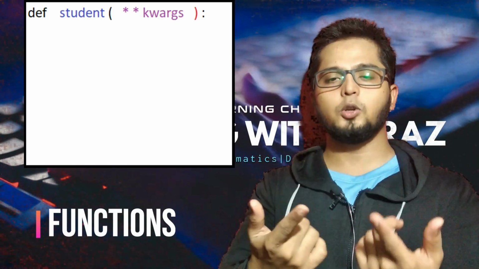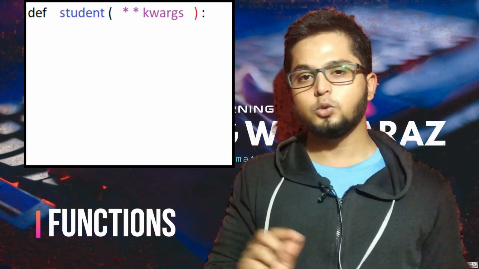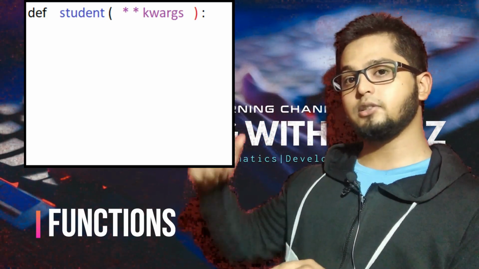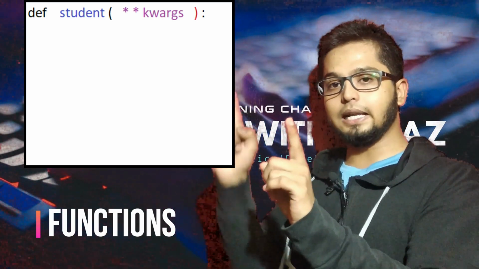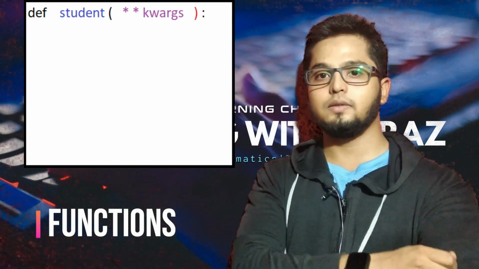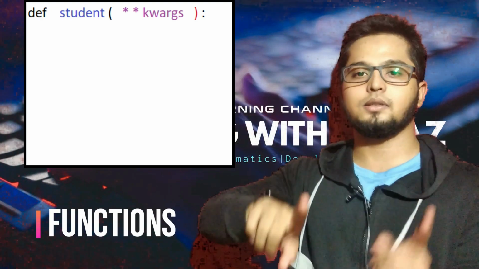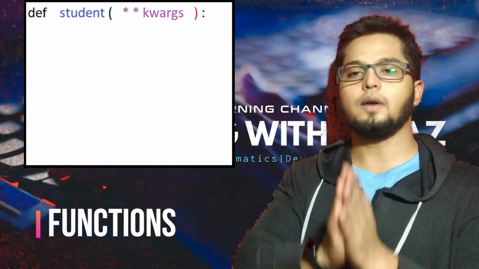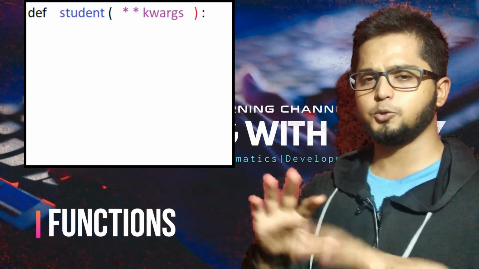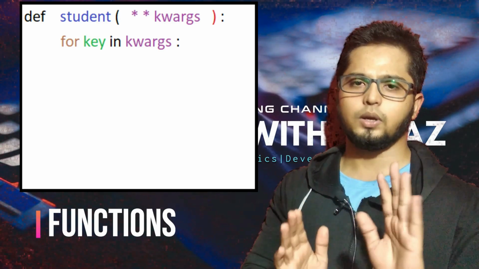You pass a keyword argument or a default argument or default parameter. See, you know why it is called a keyword argument? Because it has a key and a value. If I have given y is equal to 10, y is the key, 10 is the value, kind of like dictionaries. We have seen that in dictionaries, right? So that is why it is called keyword arguments, keyword parameters, right? So how to access the key, how to access the value? To access the key, you have to use a variable name. To access the value, you have to use a particular syntax. I am showing you one by one. See, I will take for, I will take anything. I will write key here so that you can understand.